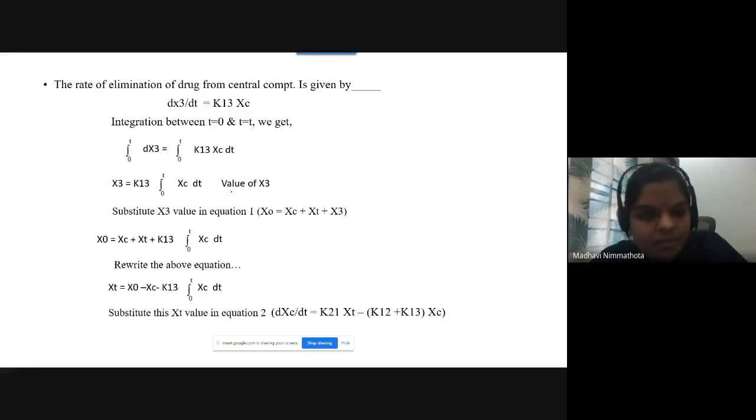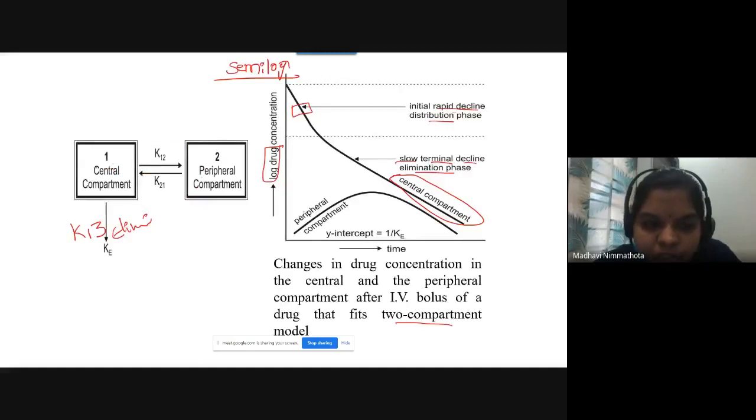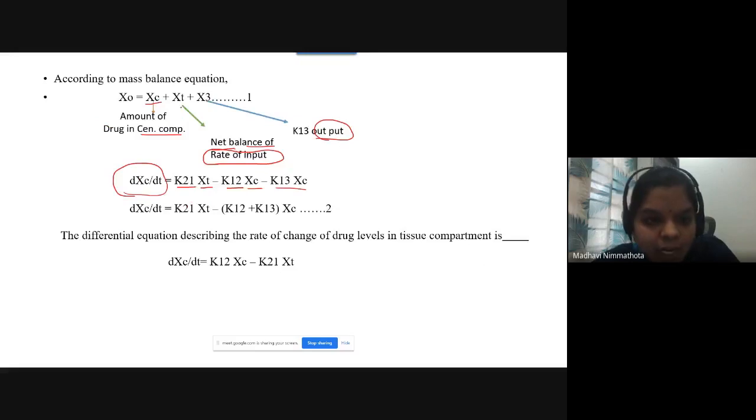So in this, the amount of drug available in the central compartment is nothing but XC. So the rate of input is happening from peripheral to the central, K21 here. So that's why the rate of input is K21. Sorry, the rate of amount of drug in the central compartment is K21XT. XT is, you're always talking about the change in the drug concentration with respect to time. Okay, so here the rate of input is K21XT and then